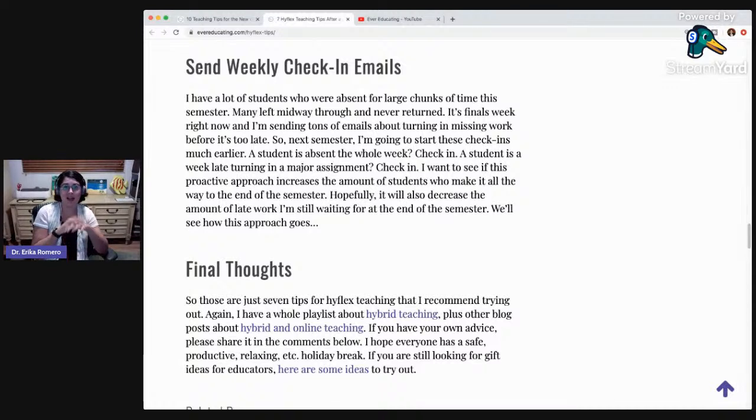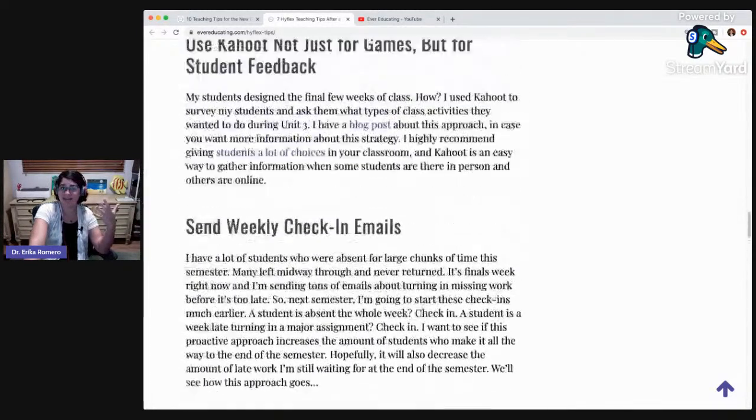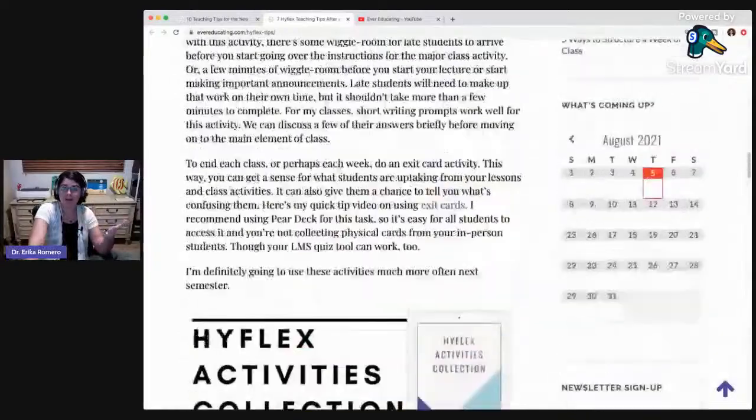Something to consider, especially for those who are always on Zoom. I think it's easy to lose them because maybe you have a black screen for all of them, so you never actually see them. They rarely speak. So if you have that kind of concern, check-in emails obviously can be very helpful. So those are 7 tips here with the HyFlex situation,